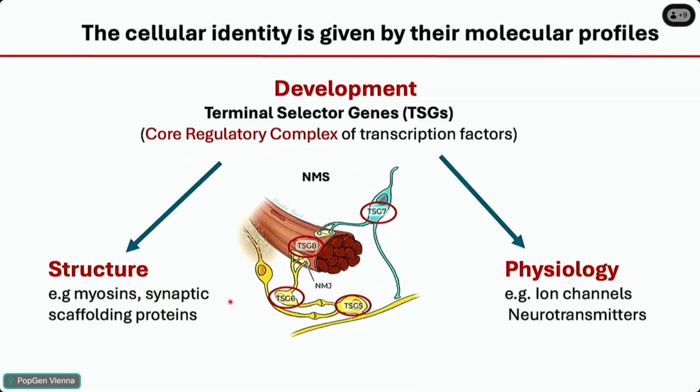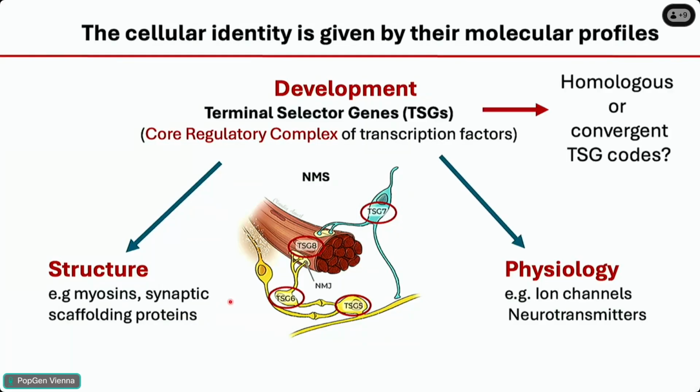But also, of course, other phenotypic traits of that cell type, which are not about the shape but more about their function. For instance, physiology, like ion channels and neurotransmitters, which differ between different types of neurons and also different muscles. And you will see why I emphasize this differentiation, because I think we sometimes have to look into these different levels of gene expression when we talk about cell types. And then we can ask